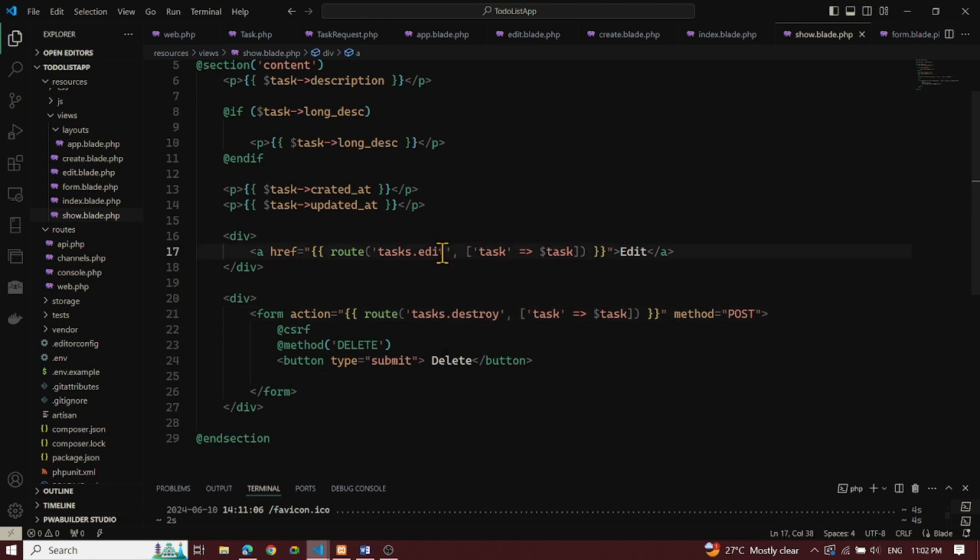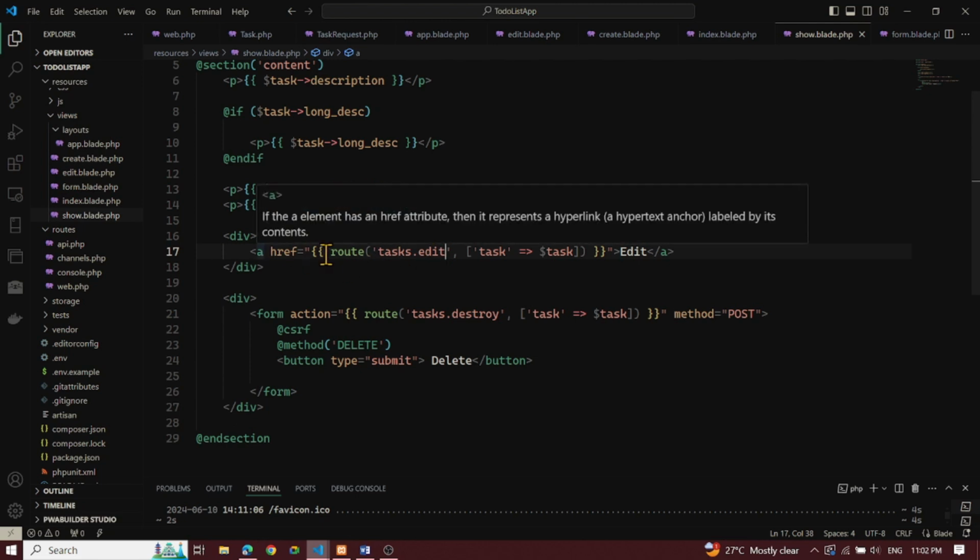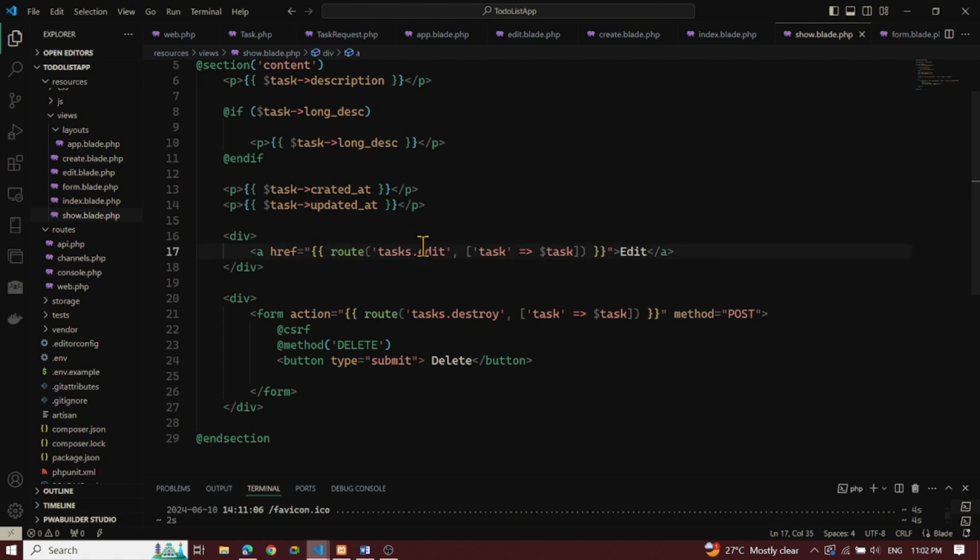We have here, let's create a toggle. We have href, route edit, and then task for our edit. And then let's have